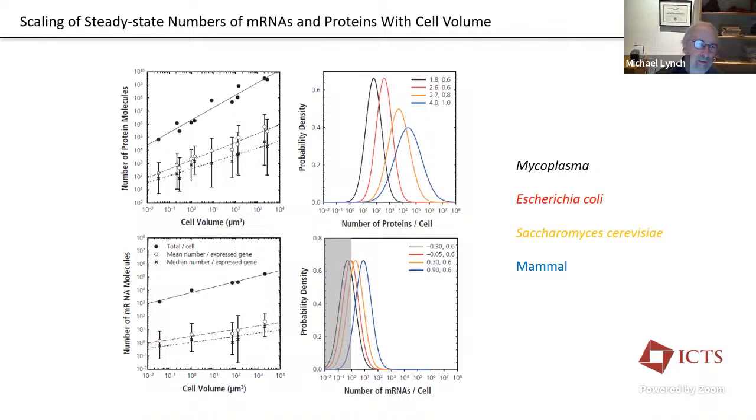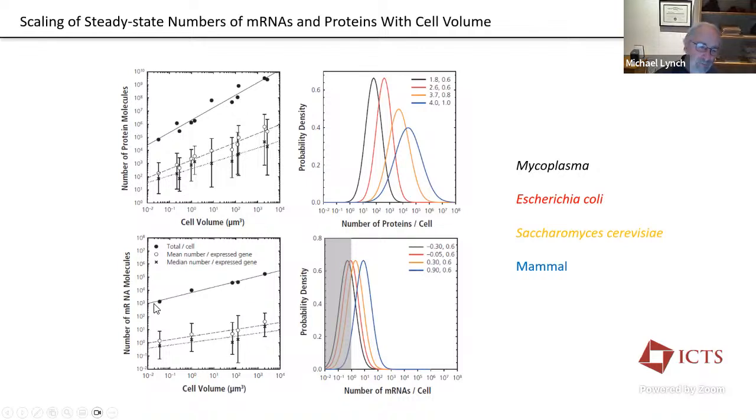And the upper line is just the total number of proteins summed over the whole proteome. And these are the mean number of protein molecules per gene. And I think this lower one is the median, as I recall. But you'll notice there's this nice scaling relationship with cell volume. And these are really different organisms ranging from eukaryotic cells down to prokaryotic cells. So again, this suggests at least a crude way, if you know the cell volume of your organism, you could use these regressions to estimate the mean number and the total number of proteins per cell.